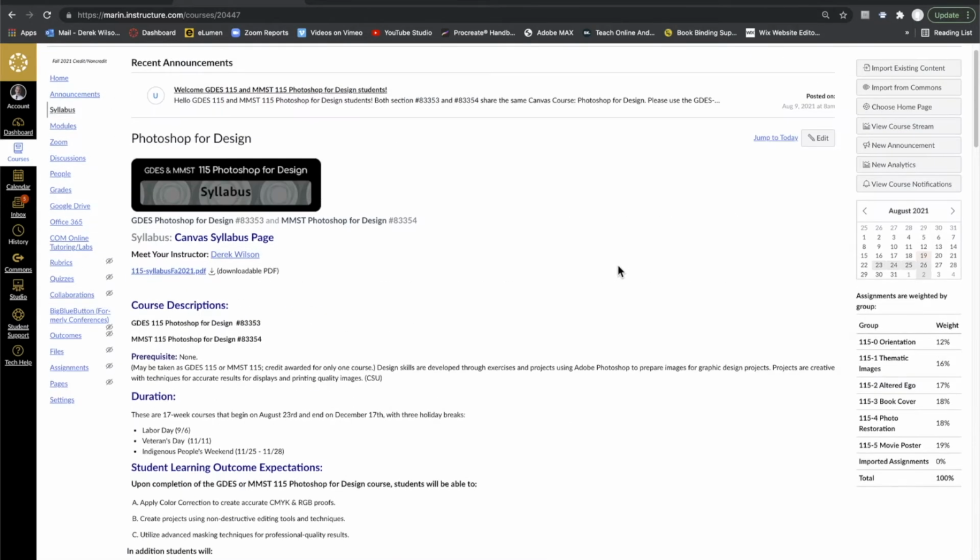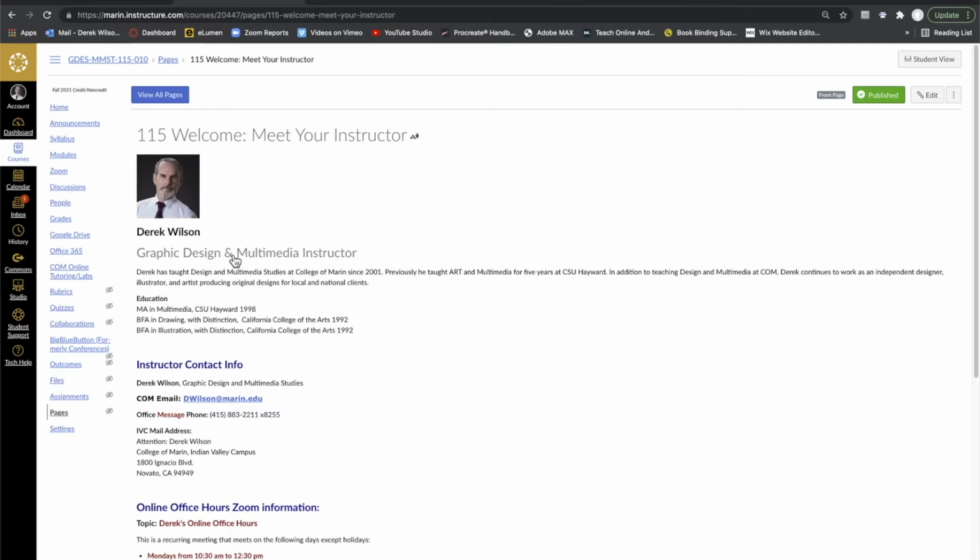If we go back up to the top, there's a PDF of the syllabus that you can download and print if that's helpful. And then also Meet Your Instructor with a link. So if I click on the instructor's name, you can see it jumps to the Welcome Meet Your Instructor page, which has all my contact information. It has my regular College of Marin email,